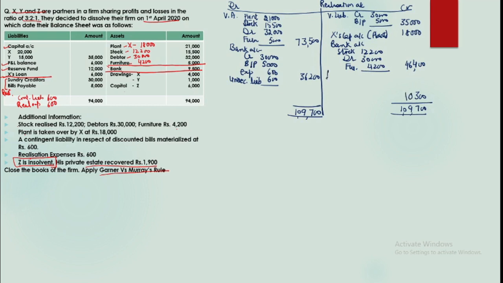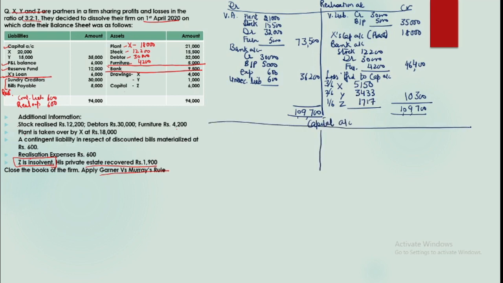$10,300 is the amount of loss. So the loss is transferred to the capital accounts of X, Y and Z. The ratio is 3:2:1, so in this ratio we will split this loss. So this is 5,150. Okay, and for Y it is 3,433 and for Z it is 1,717. Okay, now we'll prepare the capital account in the usual format, because insolvency will be established at the time